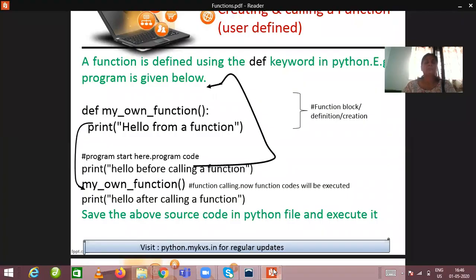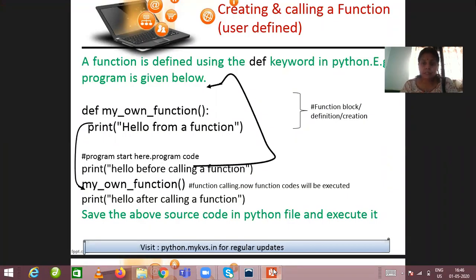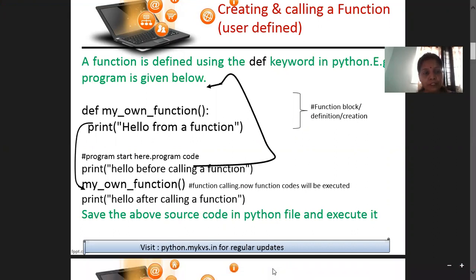See, I have discussed about what are the functions in Python. Actually, functions are the group of code to perform the particular task in Python language. The question is that how can we create user-defined function in Python? So I'm going to display the syntax of creating Python functions. I'm explaining you the syntax of this, which is written over here. Def my own function and the parenthesis, and then print statement is there.